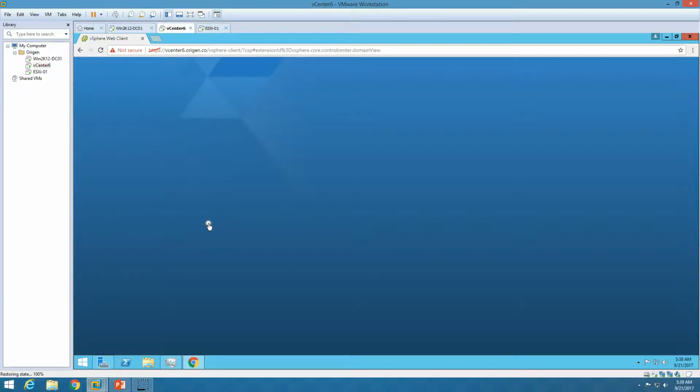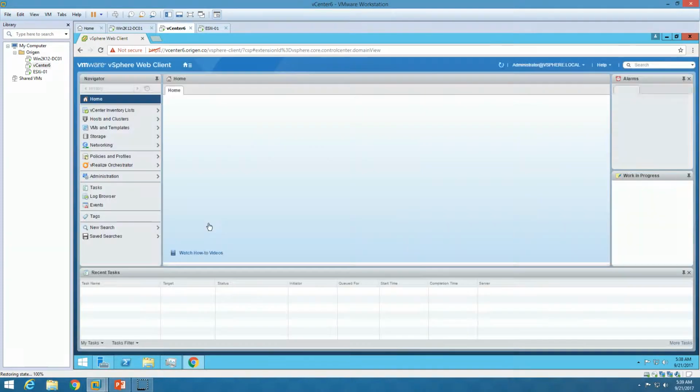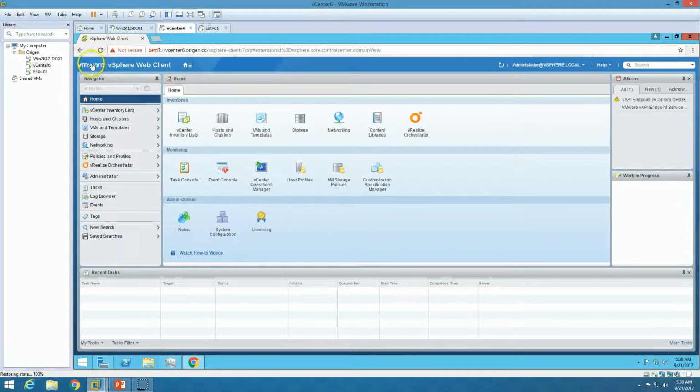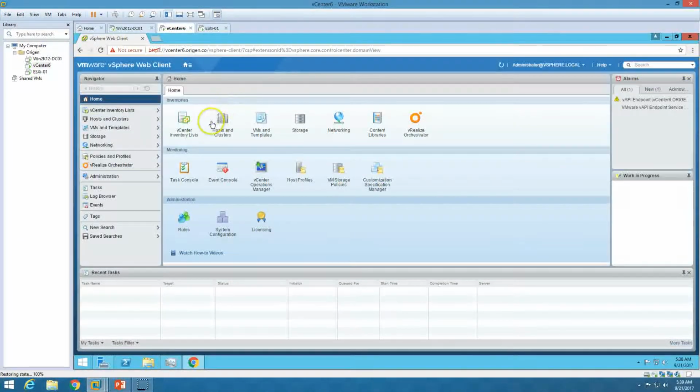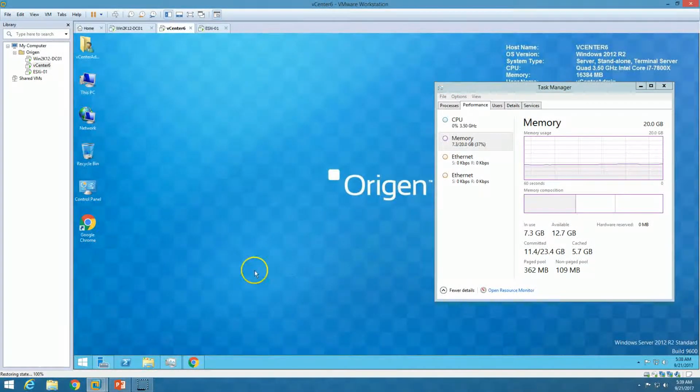So it will take some time to get you the home page. So here we are. Welcome to vSphere web client. Now you can see we have everything here: host and cluster, VMs, templates, storage, networking, everything is there. So good to go. And next, you can also verify the CPU utilization is still 0%, but memory utilization is around 7.5 gigs,